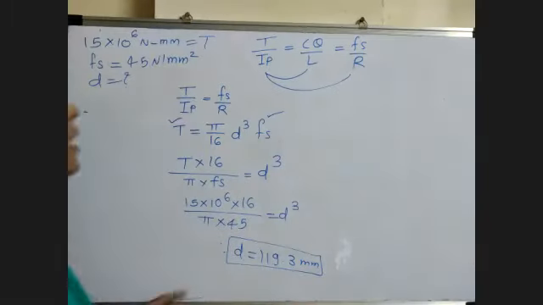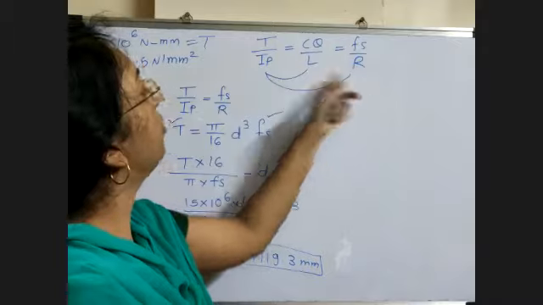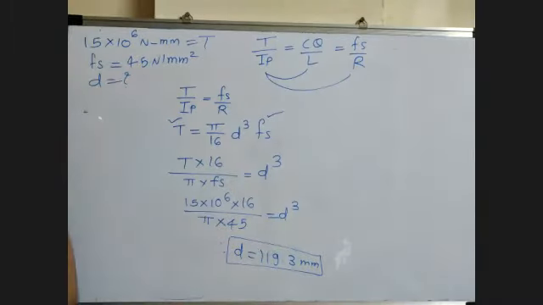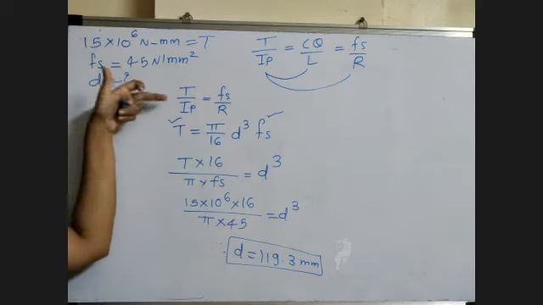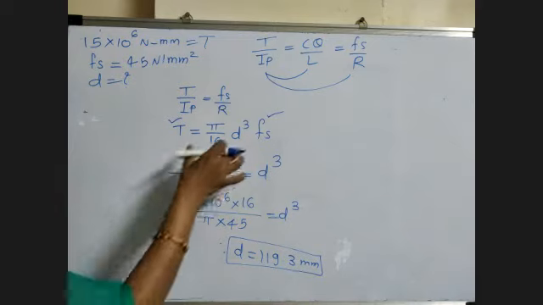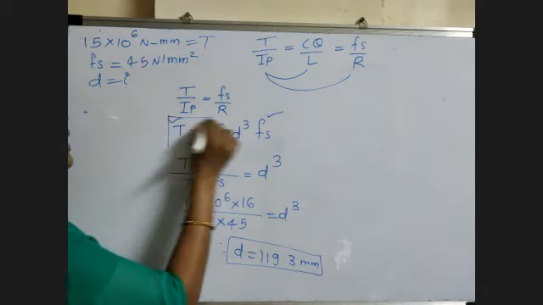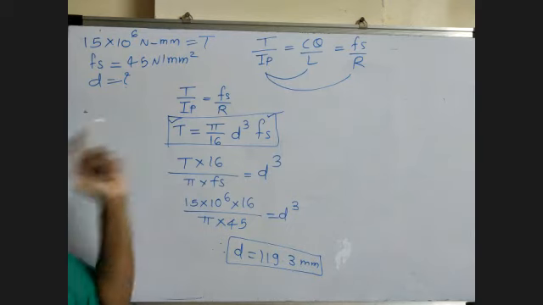Here the modulus of rigidity, angle of twist and L are not given. So we use the first and third part because Fs is given. Instead of using this part, we use the modified formula so that the calculations are easy. We use this same formula. Suppose in the exam you don't remember it, don't take tension, but don't use this formula, because then your calculations will increase.